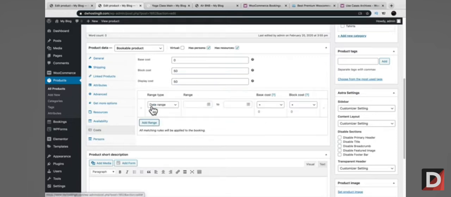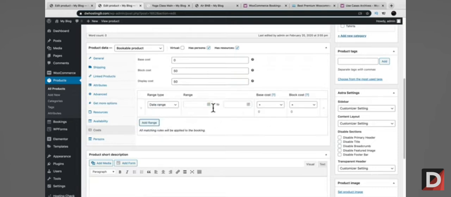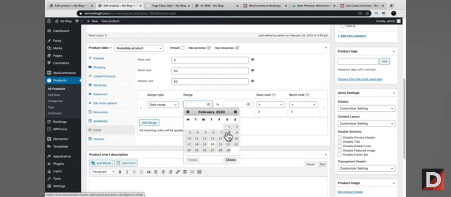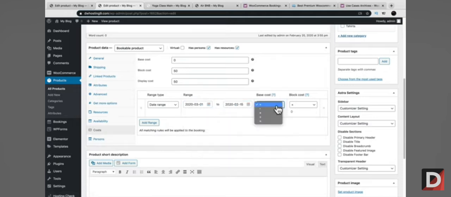And if you want to book in the future, you can also charge a discount if you want to do that. That's up to you. I've already shown you a little bit about range type. So here you can add or multiply or whatever based off a certain time. So maybe there's a big event. Let's say there's a big event in March. So from March 1st to the 15th, we're going to go ahead and